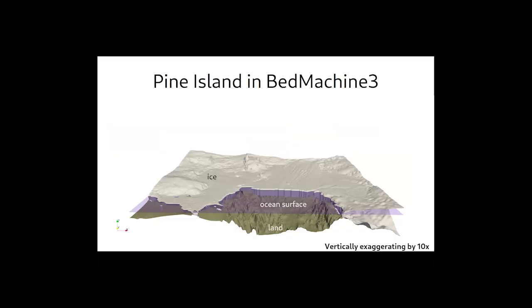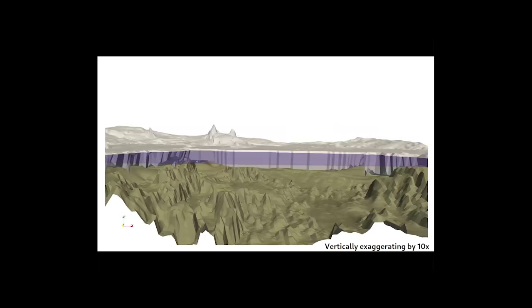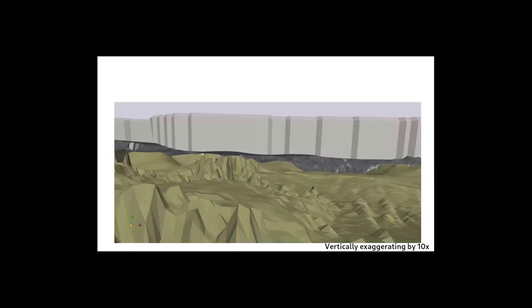Here I have BedMachine 3 data of Pine Island, vertically exaggerated by 10x. The rock is bumpy, the ice is bumpy, and there are all these different little pockets of the ice shelf cavity. So you have these complicated dynamics happening in a complicated place, and that makes it hard to understand how the ice and the ocean are interacting